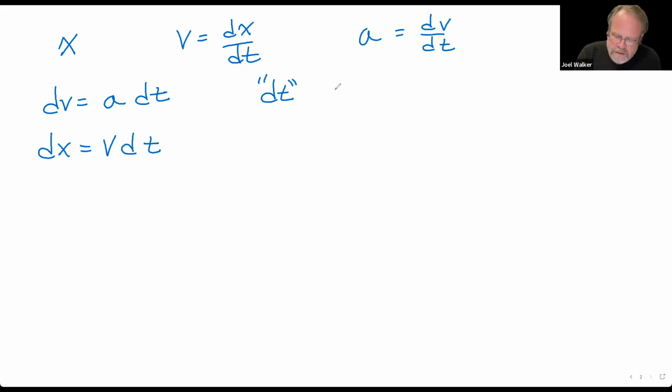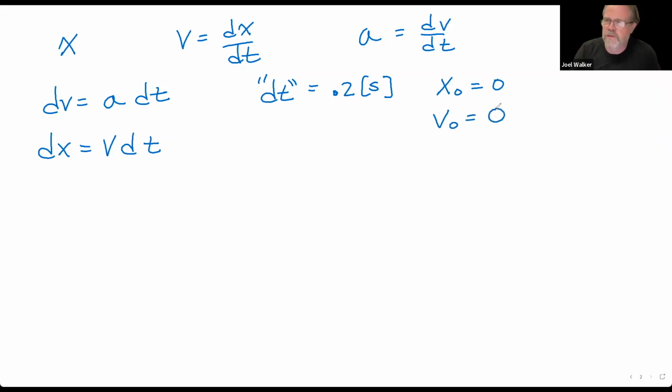But let's take dt to be a fifth of a second. Let's take it to be 0.2 seconds. Let's also stipulate our starting values for the position and for the velocity. Let's say our starting position is going to be called 0. Let's say we're going to release an object from rest, so its initial velocity is going to be 0. We're going to drop it, and we're going to let gravity act on it. So let's say the acceleration, let's round, is 10 meters per second squared, the gravitational acceleration rounded,